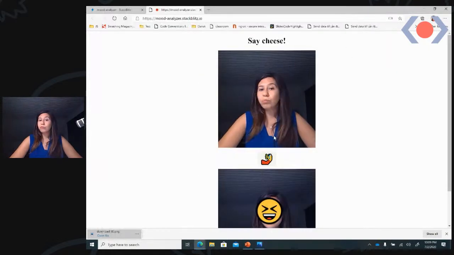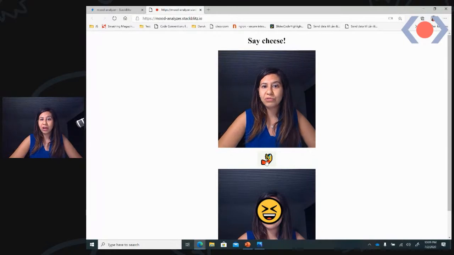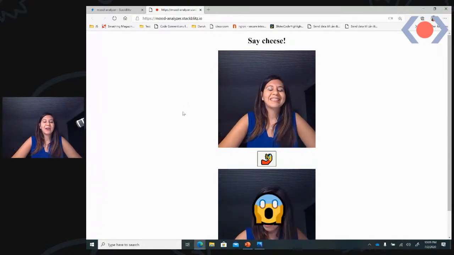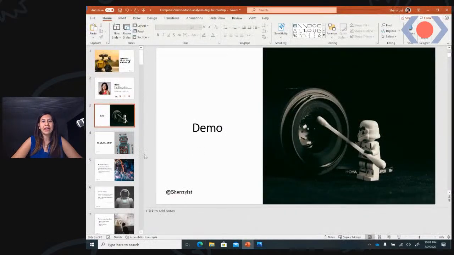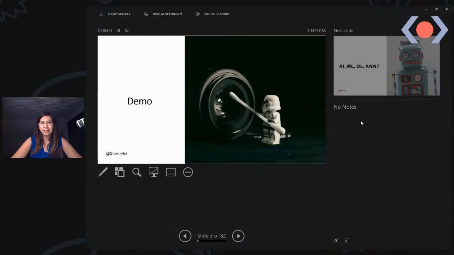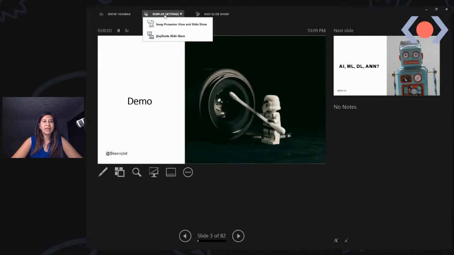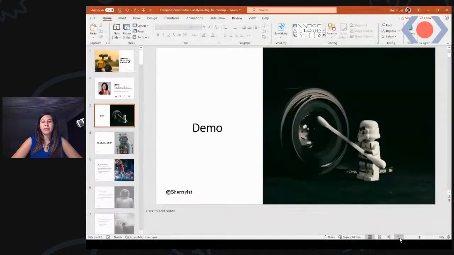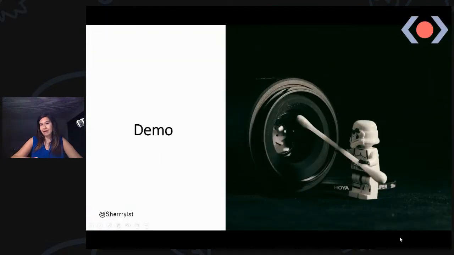So we can try it again to be shocked. Yeah, see, it works. What I did here is I analyzed the picture with machine learning techniques to get the emotions out of it, and then later on I draw it on a canvas, and then we are going to see how I actually did it.